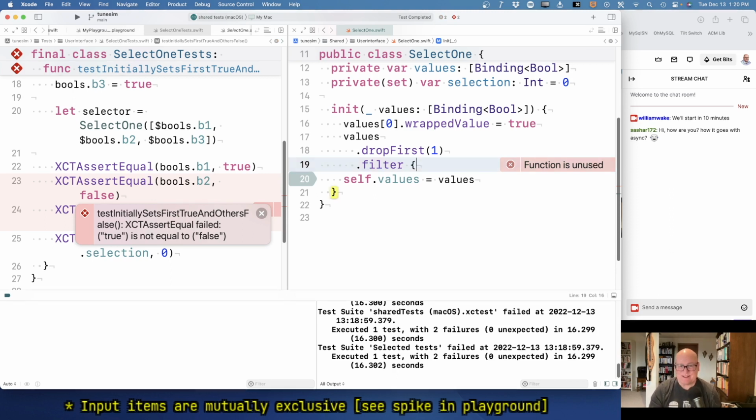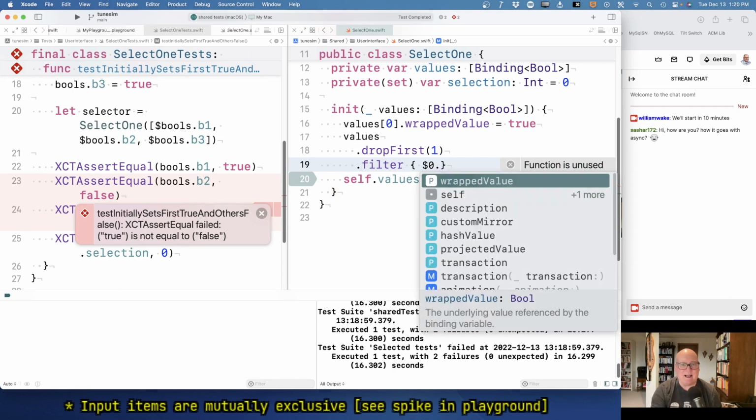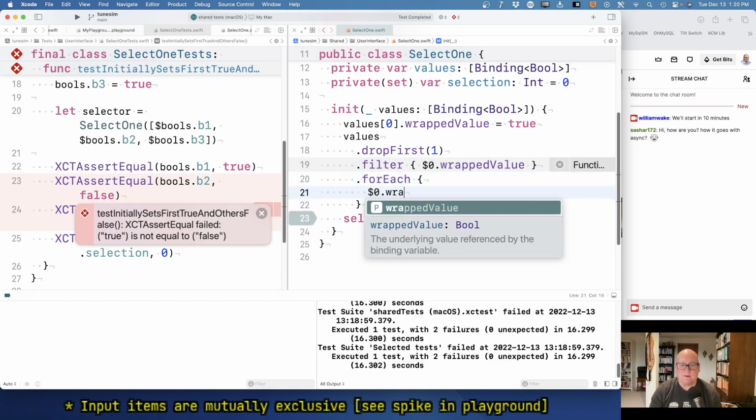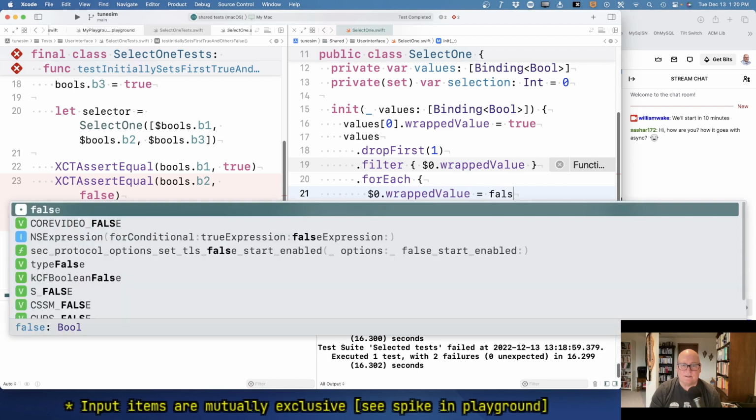All right, so let's filter where $0 dot wrapped value is true. Then we're going to, for each, set $0 dot wrapped value equals false. Okay, so